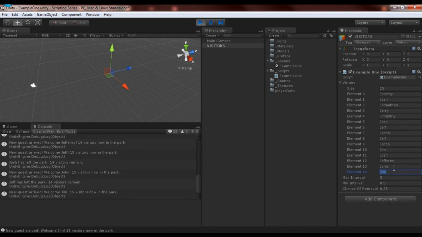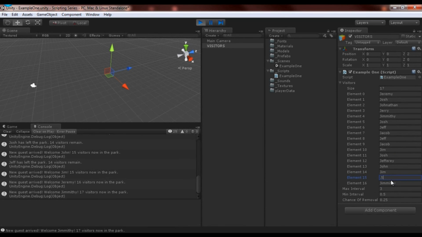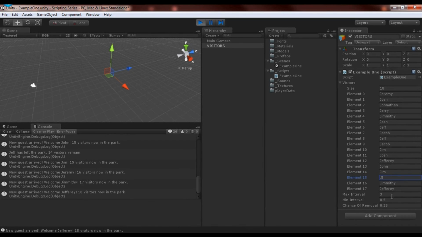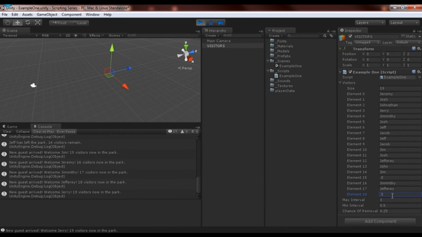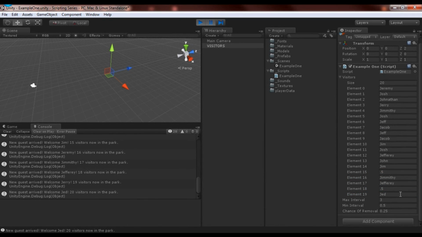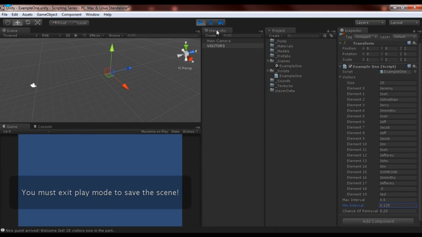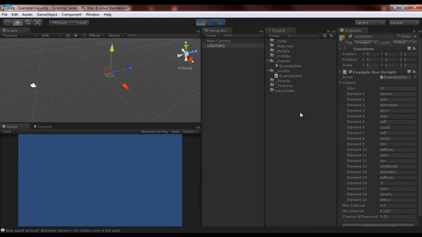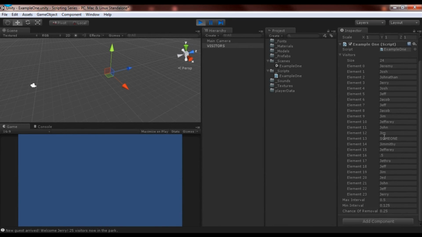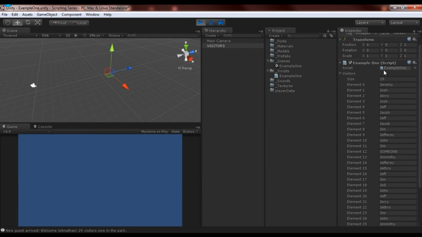So again, if we change this max interval to like 0.5, oops, max interval 2.5. I'm going to pause it really quick and change this to someone, and change this to 0.5 and change this to 0.125. You'll see it's going to start going really, really, really fast as soon as I unpause this. So see how people are coming and going really, really quickly? And right now we have like 29 people, 30 people, somewhere around in there in our park. Anyway,